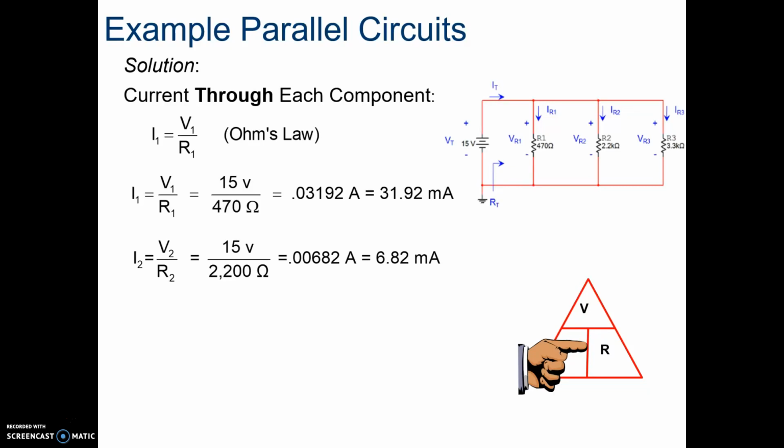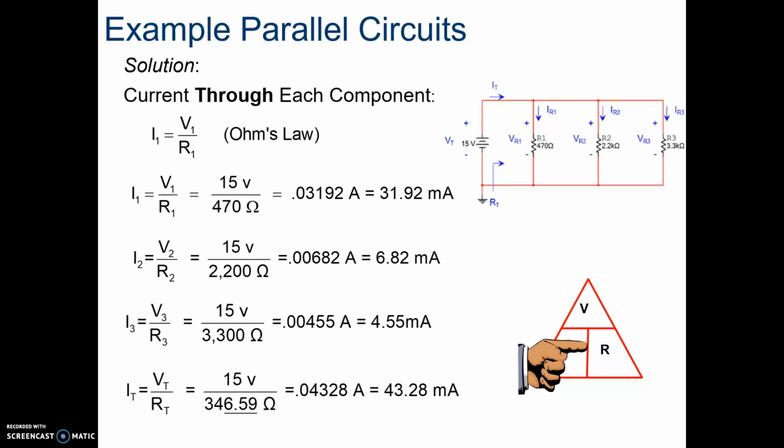And then for I3, the current in branch 3, we're going to do 15 volts divided by 3300, or 3.3 kilo ohms, and we get 4.55 milliamps. The thing we haven't found yet is the total current. To find that, we do 15 volts divided by our total resistance, 346.59 ohms, and we get 43.28 milliamps. I1 plus I2 plus I3 should equal our total current that we solved for, and